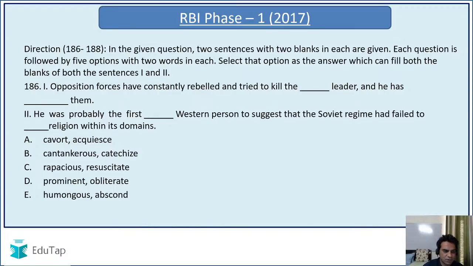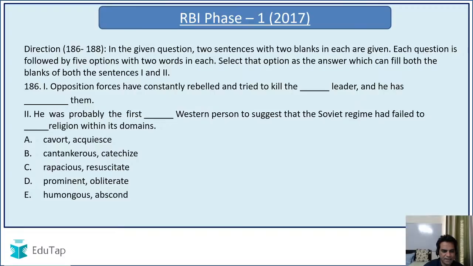Yes, guys. Coward leader, cantankerous leader, rapacious leader, prominent leader. Humongous is too big. Cantankerous and rapacious are very bad. Coward, I think, basically means, let me be sure, play boisterously, in a carefree manner. So I think the correct option in both the sentences is prominent leader and prominent Western